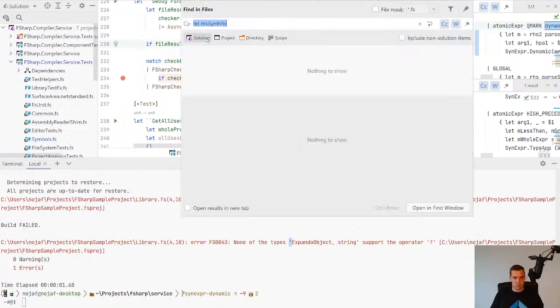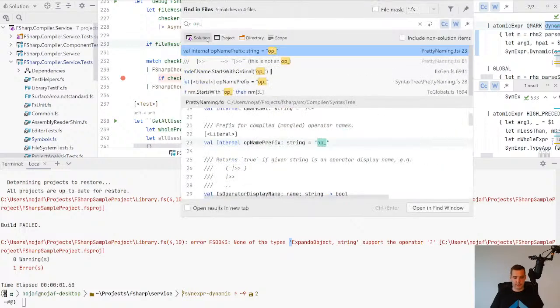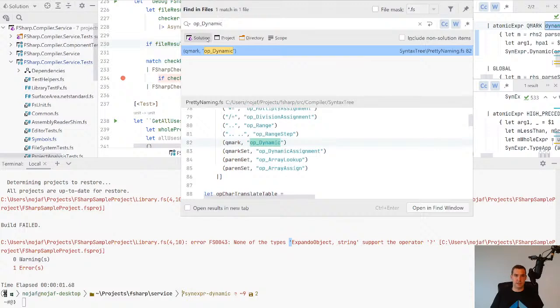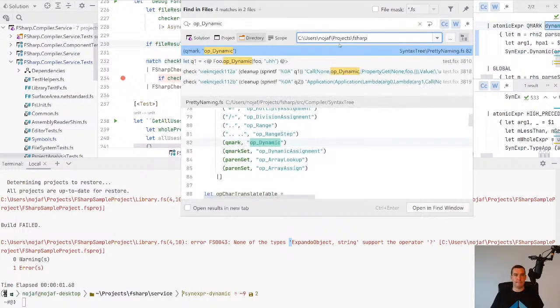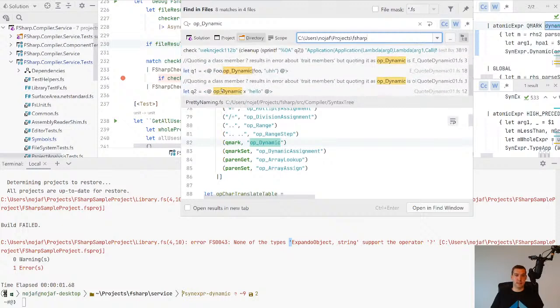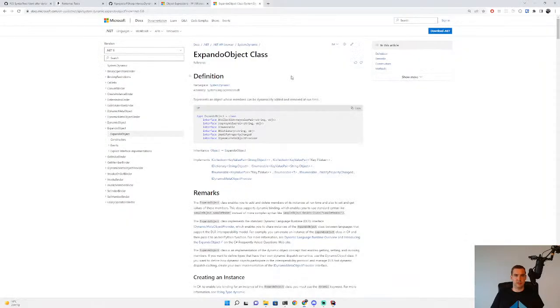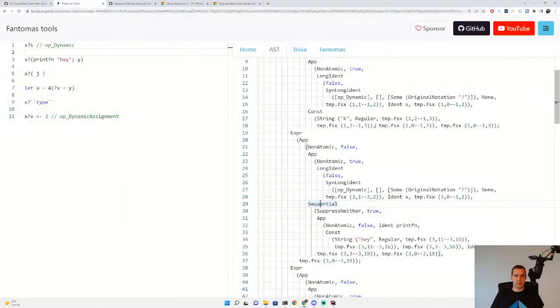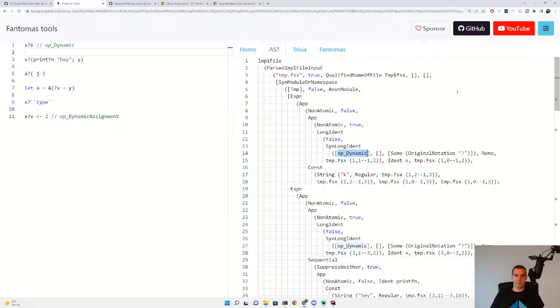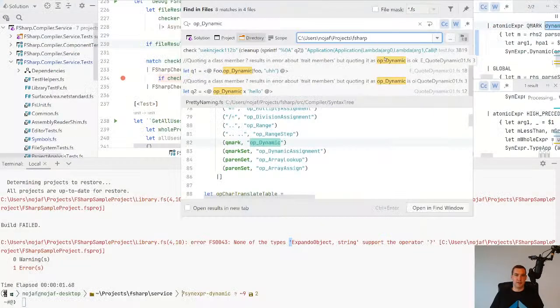So what I was actually thinking of doing next is looking where this dynamic is being used later on, because at some point it's going to be recognized, and then later on transformed. I'm not sure if it's op.dynamic. Let's go back to my tool. The first example indeed has operator dynamic. So I'm expecting at some point that this is being used